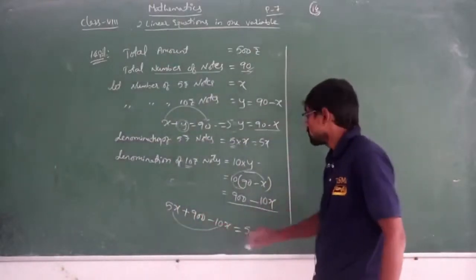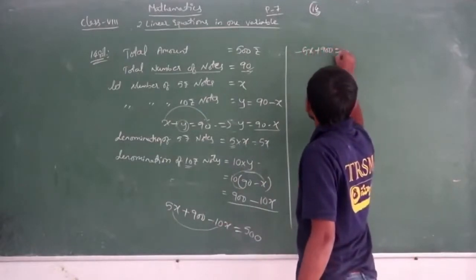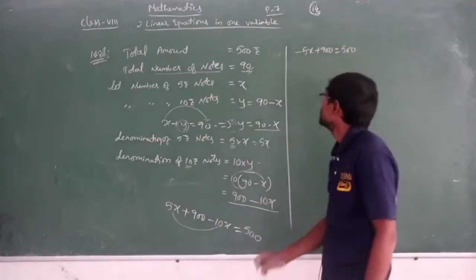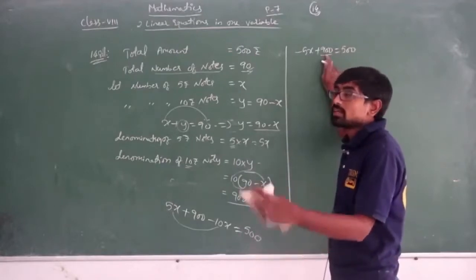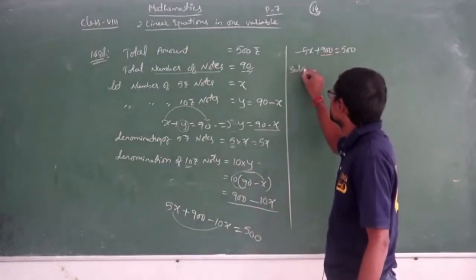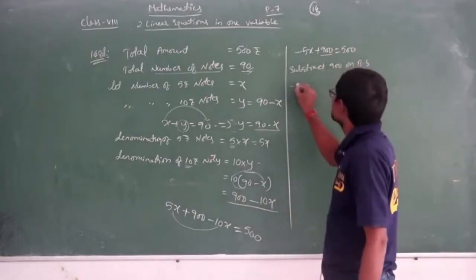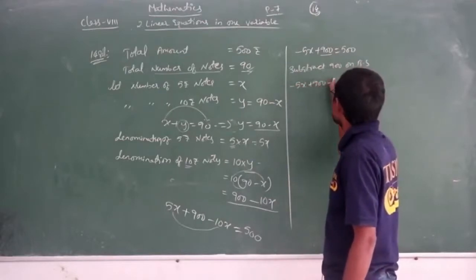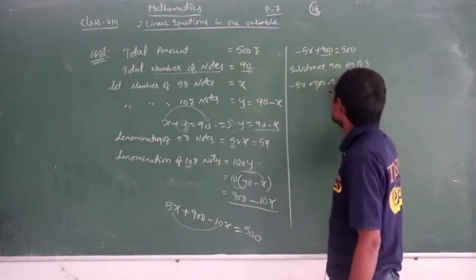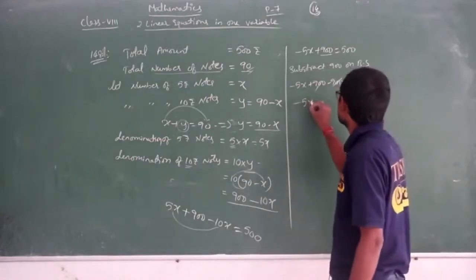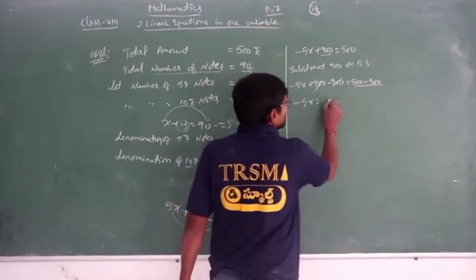Bigger number is in negative, so here minus 5x plus 900 is equal to 500, isn't it? Now here plus 900 is added, so the additive inverse of plus 900 is minus 900. So subtract 900 on both sides. So minus 5x plus 900 minus 900 is equal to 500 minus 900. Plus 900 minus 900 will become 0. Minus 5x is equal to, again from 900 if I remove 500, I will be getting 400,